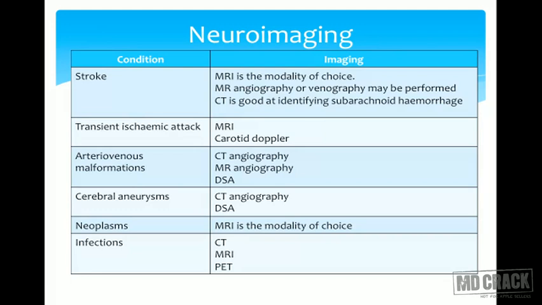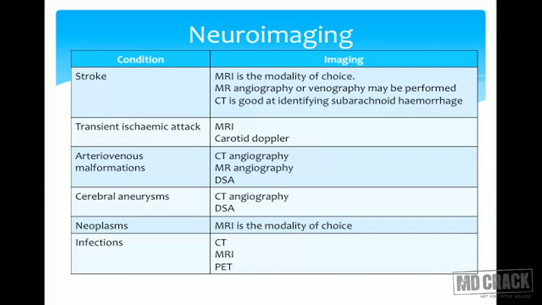So while evaluating the brain, there are certain imaging modalities which are preferred. So there's a stroke, in which MRI is a modality of choice. MRI angiography or venography may be performed. CT is good at identifying subarachnoid hemorrhage. Transient ischemic attacks, MRI to rule out an acute infarct. A carotid Doppler may be performed to rule out a carotid plaque. Arteriovenous malformations, again, like I said, CT angiography, MRI angiography, or digital subtraction angiography may be done. Cerebral aneurysms, CT angiography followed by DSA. DSA will